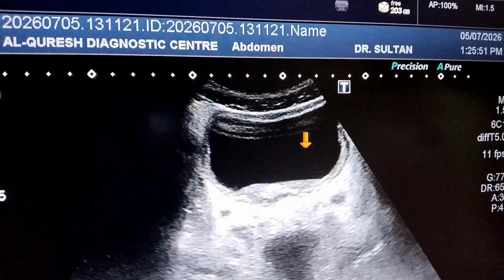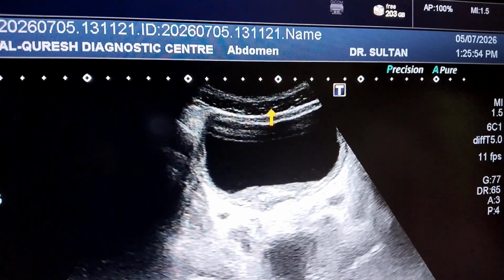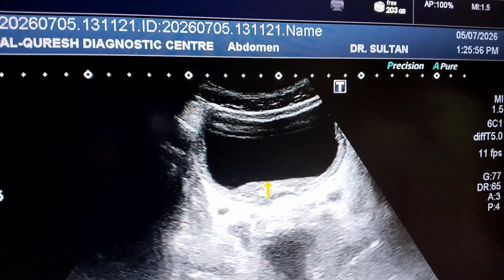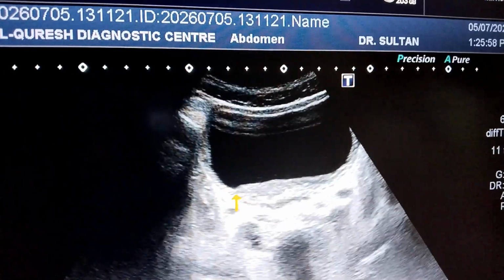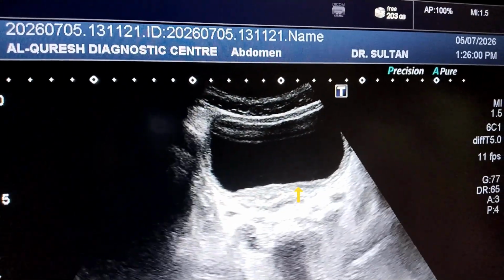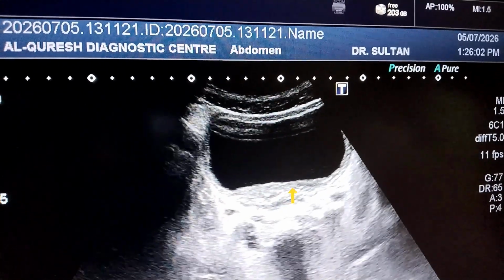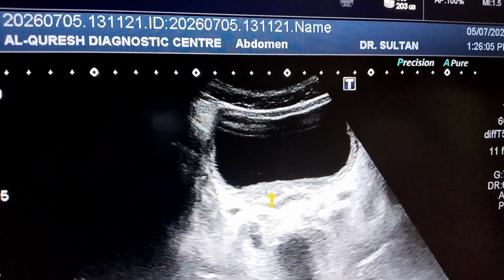This is the urinary bladder, which is optimally filled, and here we can appreciate the debris, echogenic material, which is